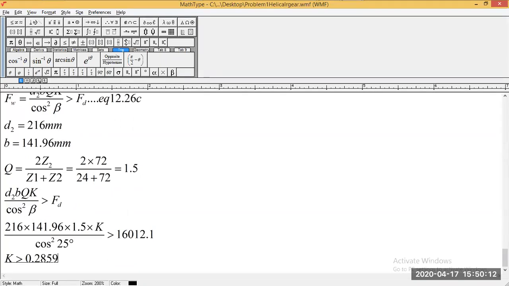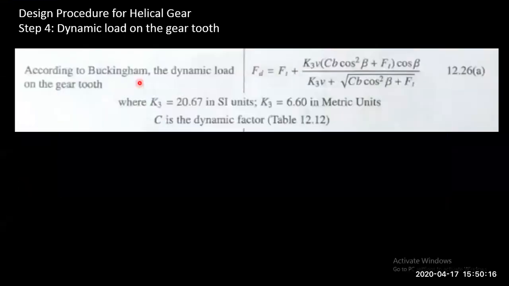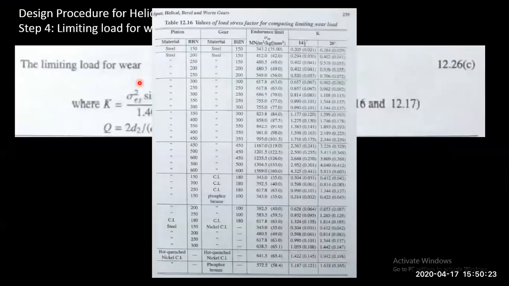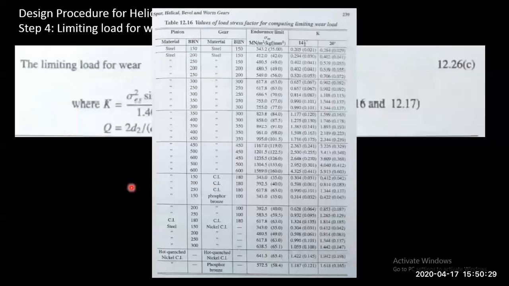Okay, your K should be greater than this much. Now we'll go back to the presentation. So check if you got some other answer. Let me know. Okay, so K value for 20 degrees and 0.2859,